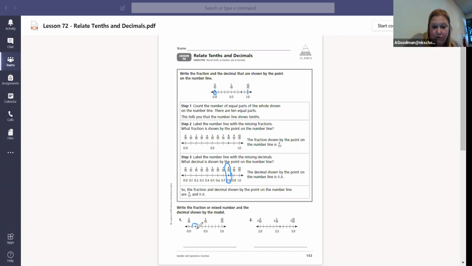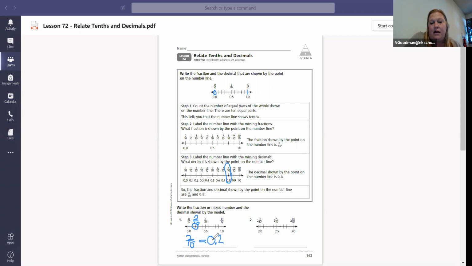So this point is at 2 tenths, right? And I'm going to write that on the line because it says to write the fraction. And the decimal 2 tenths is written as a decimal 0.2